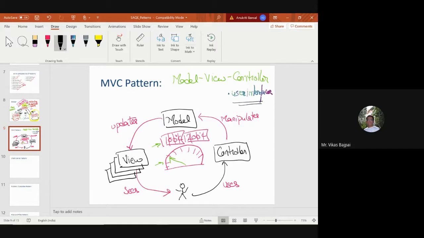So probably in case of your web applications or any of the websites, you will find these kinds of modifications which are frequently used and implemented as well.